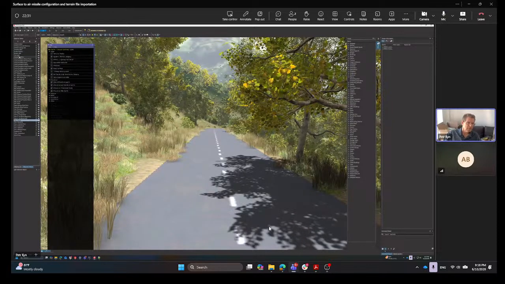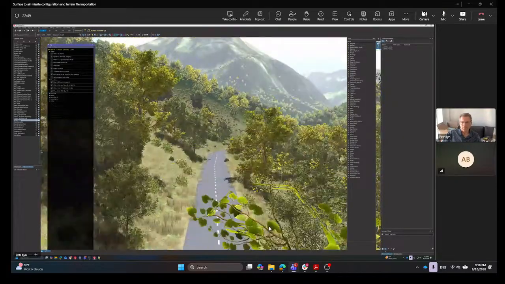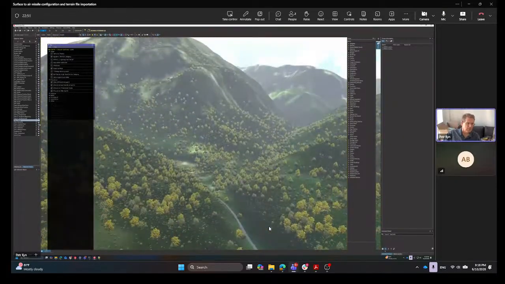Yes. How can you create a river and a lake using a shapefile? How would you create a river or a lake? Okay, so our current